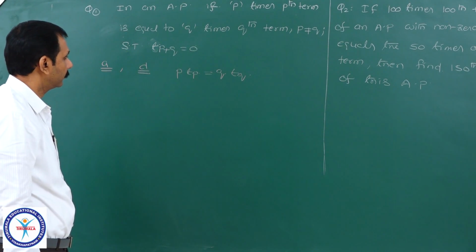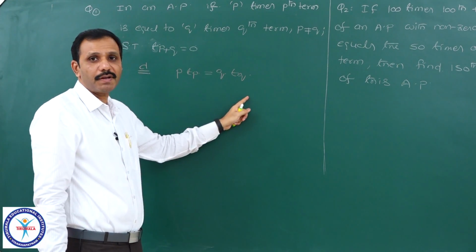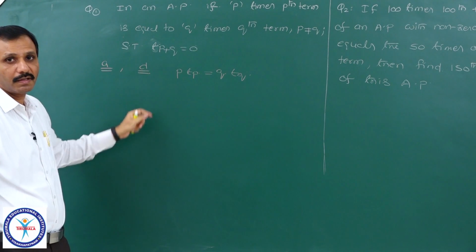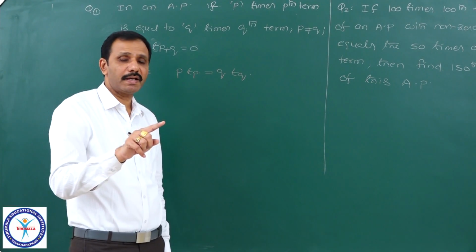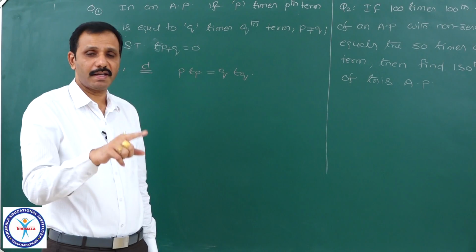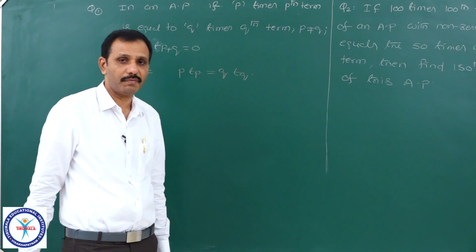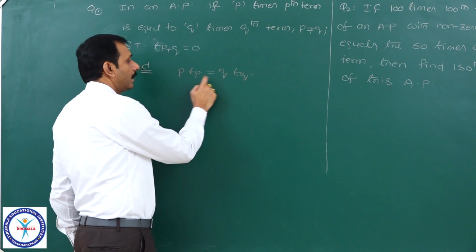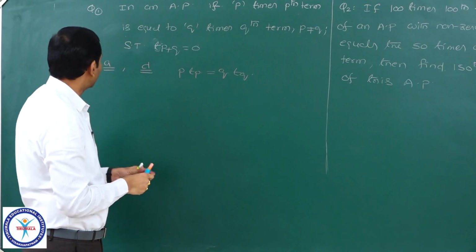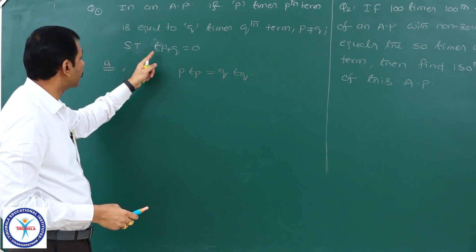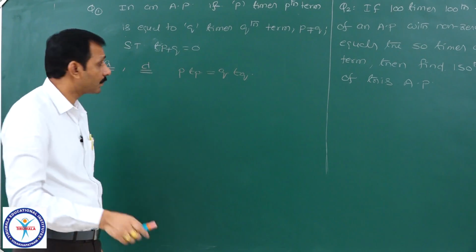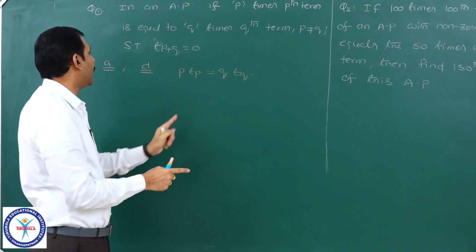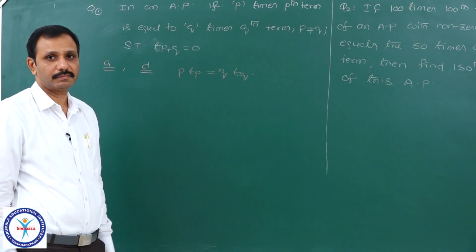Observe this. Only one equation we will get, one relation only. Here what are the unknowns we are taking, a and d. If two equations we get, we can solve somehow to find a and d and we can find whatever the term we want. Because here only one equation is given and two unknowns are there, and they are asking T of p plus q. If you solve this somehow, you must attain directly that p plus qth term.